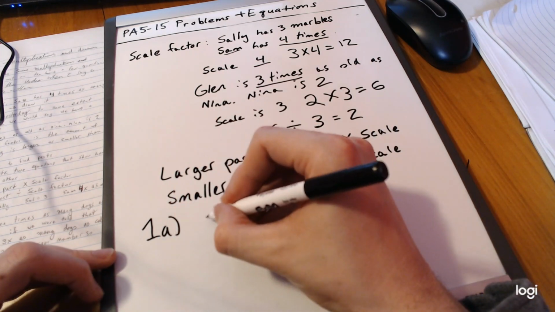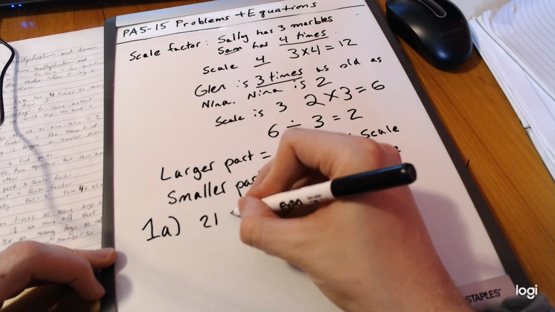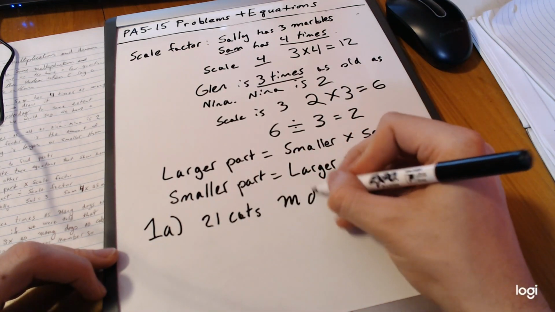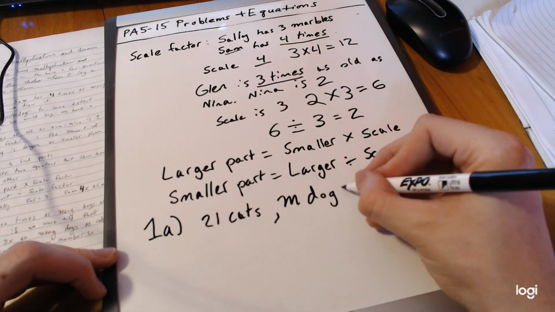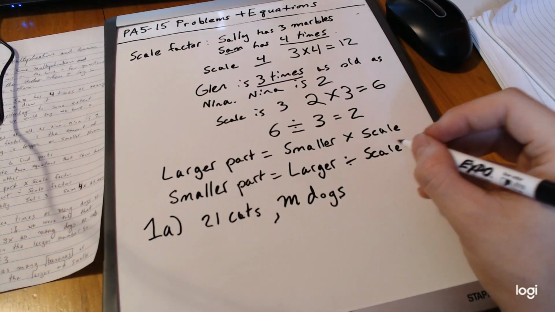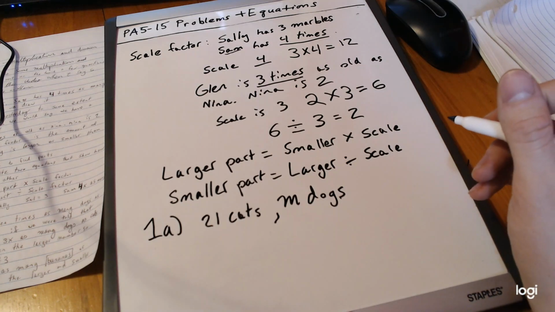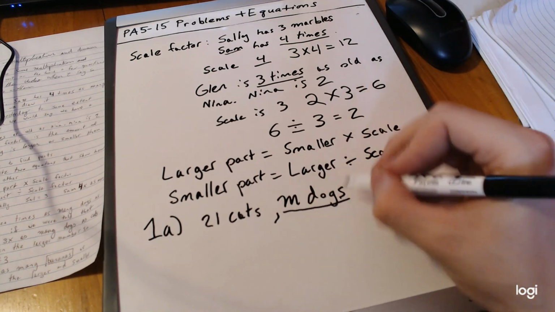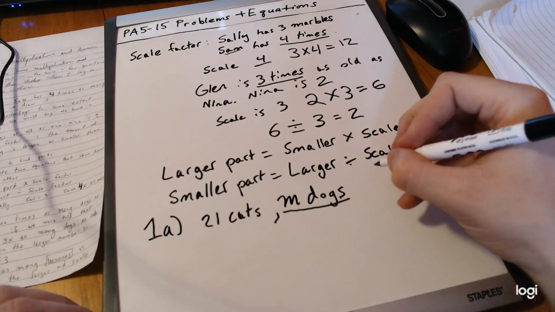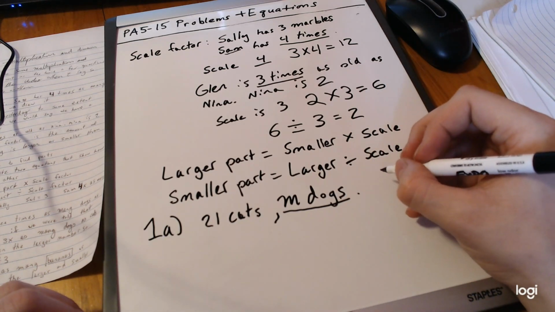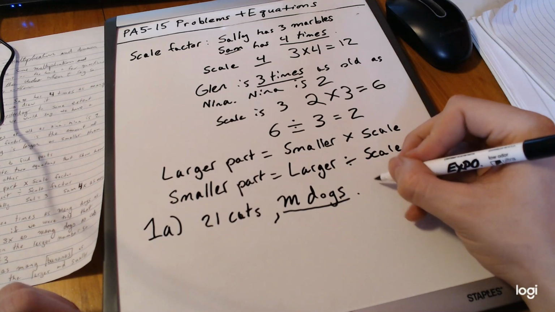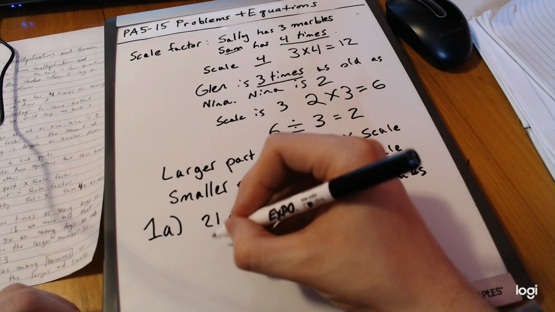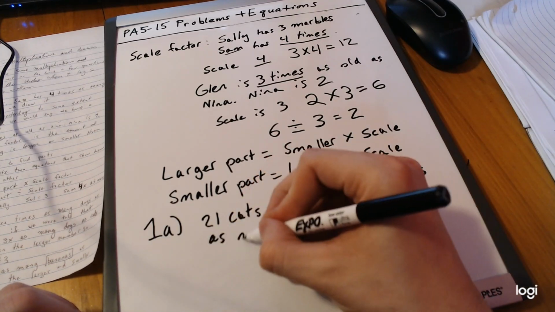You have 21 cats, it says. 21 cats and M dogs. So what do we notice right before I get any further here? What don't we know already? We don't know how many dogs there are. So that is going to be what we're ultimately looking for. And if we say that there are 3 times as many dogs,